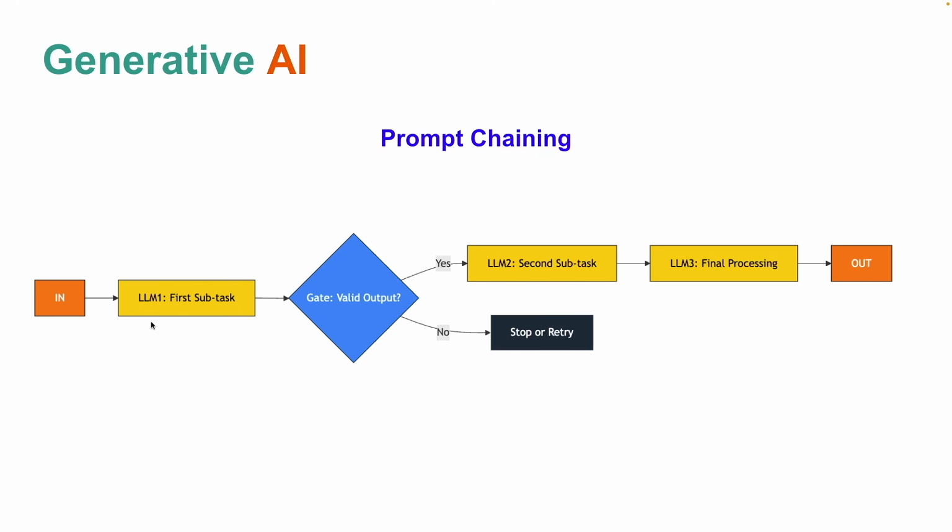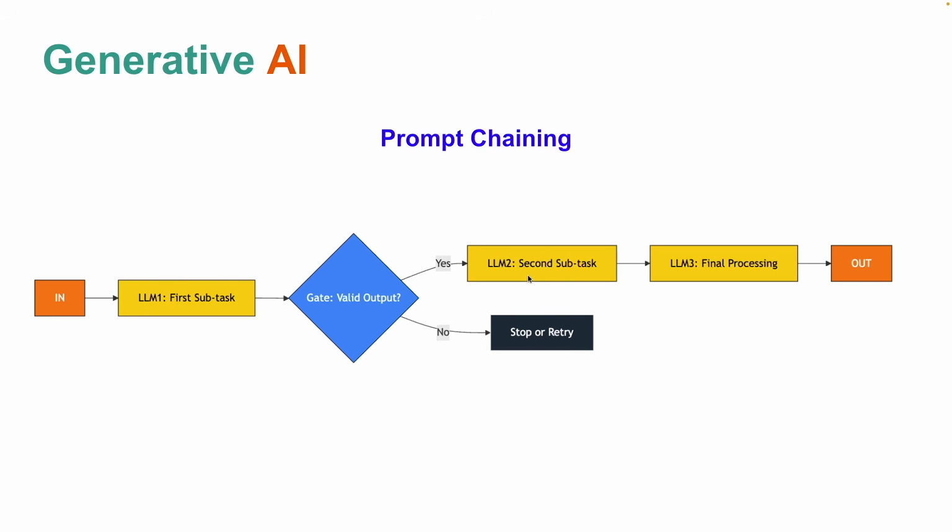This LLM will basically perform a task. Then there is a gate. That gate is something like an output validator. If you are not getting an expected result, you can stop or retry. Correct? If you are getting the expected result, then you can send the output of this LLM1 to the input